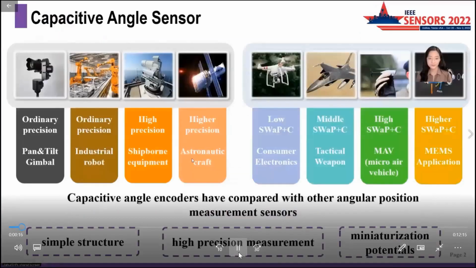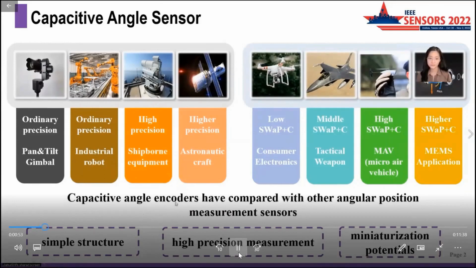Many application scenarios, such as industrial robots and gimbals, require angular displacement sensors from low accuracy to high accuracy. In consumer electronics, micro air vehicles, and other fields, there are stricter requirements for size, weight, power, and cost of angular displacement sensors. Capacitive angle encoders have advantages such as simple structure, high precision measurement, and miniaturization potential compared with other